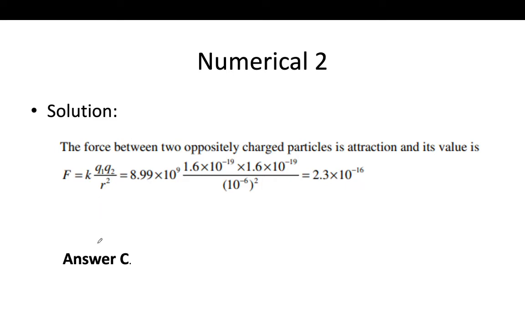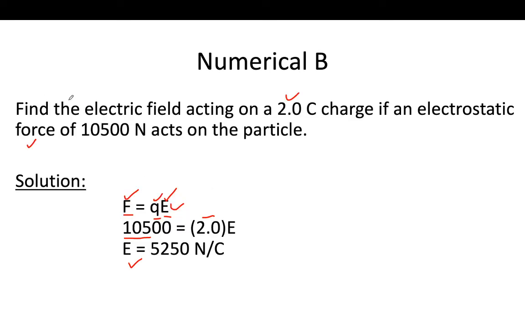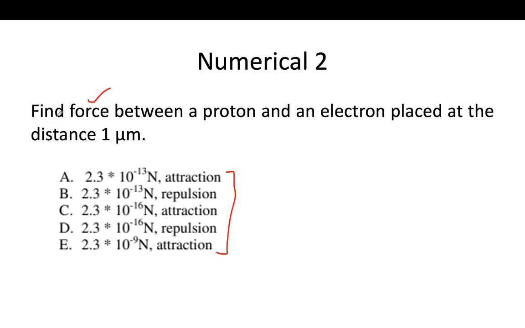You don't need to write the direct answer. First, in rough work, or if you are asked, you have to show this calculation. Here it says find the electric field, and there only the electrostatic force was given, so that formula is different. Here it says find the force between a proton and an electron. This means you have to find the force between two charged particles. So whenever there is a numerical related to finding the force or distance between two charged particles, this means we are talking about Coulomb's law.